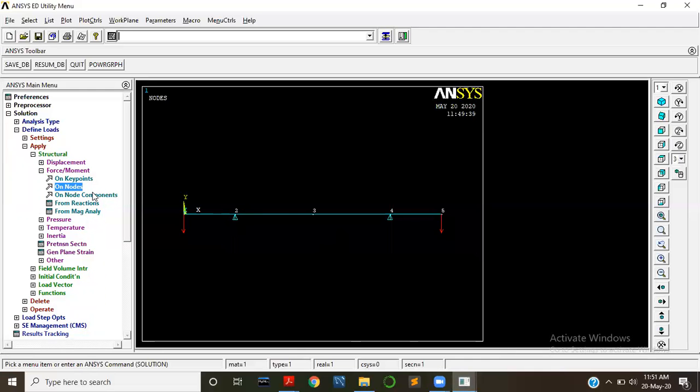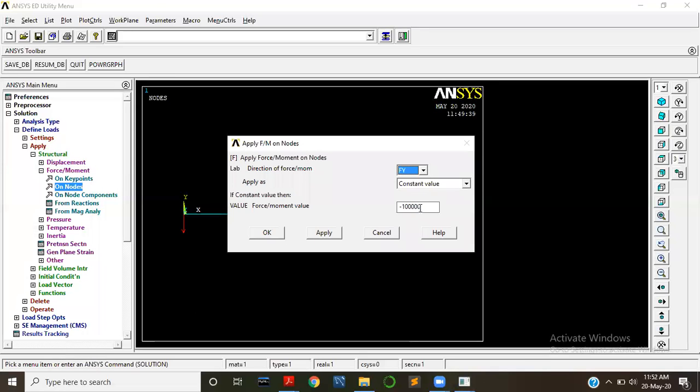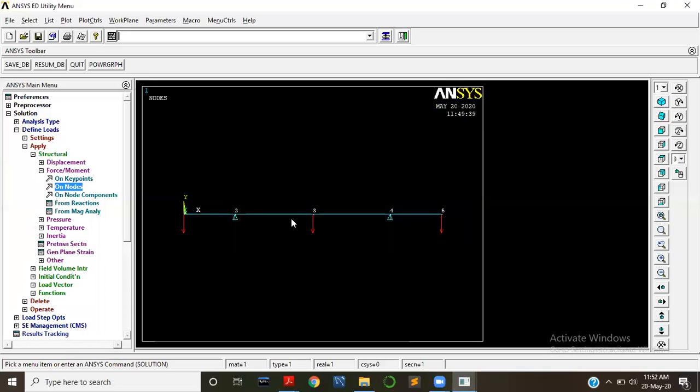So 300 kilonewton on the node at the center. So we applied all the loads over here.